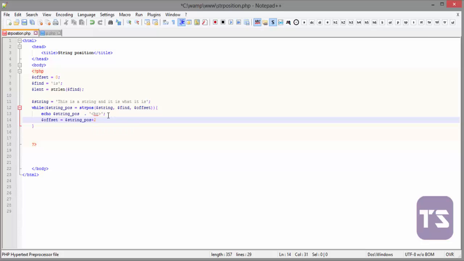Now the +2 is because the "is" is just 2 characters. So what happens is when it gets to the position here, okay, it adds 2 characters, which is 1, 2, and then starts a new loop from here. Get this, add 2 characters, which is 1, 2, then continues from here until it gets the whole thing